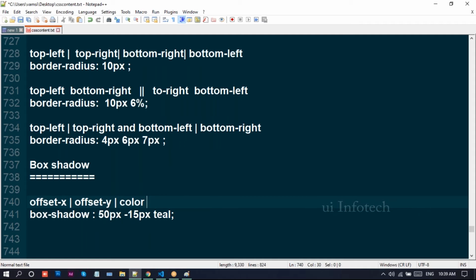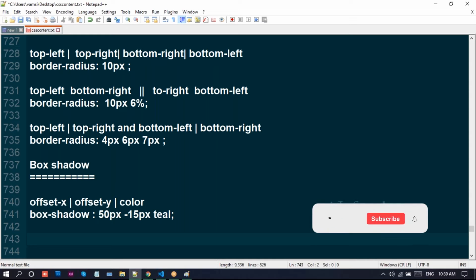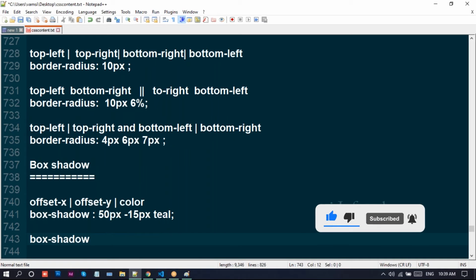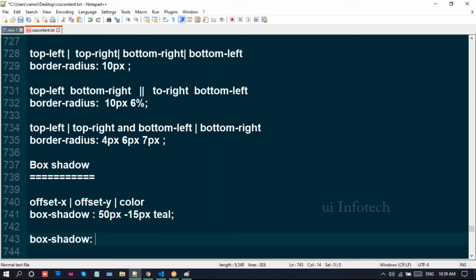Next, a box shadow: 10 pixels, 5 pixels, 6 pixels. See, you find three values along with a black color.